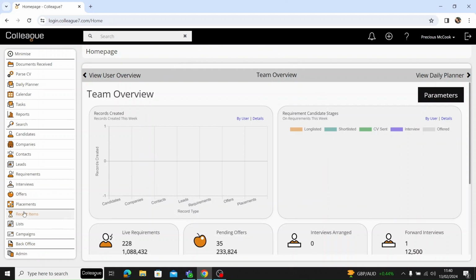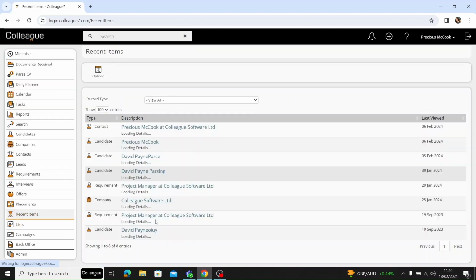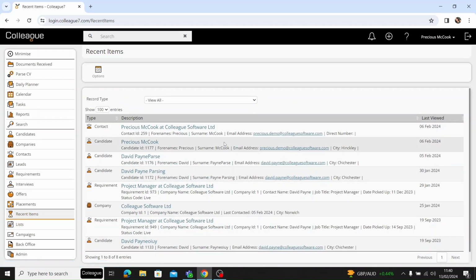In this video, I'll be running through the recent items side panel option. So let's go there. In this section, it basically shows you all the records that you've recently been in, and you can filter through